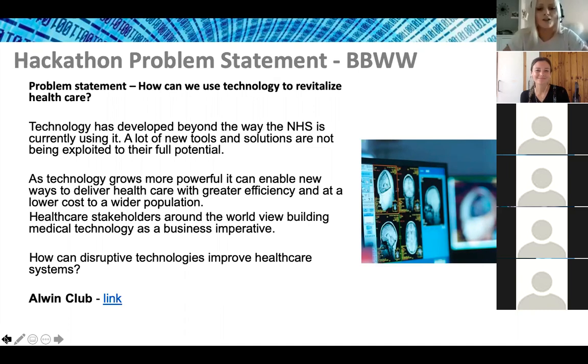I know TikTok is big at the moment, so we can implement that somehow, but have a think about what you think would work in terms of a new, fun, cool technology the NHS could use. Okay? Of course, you can definitely use the internet to research. Use any tools that you have at your disposal.